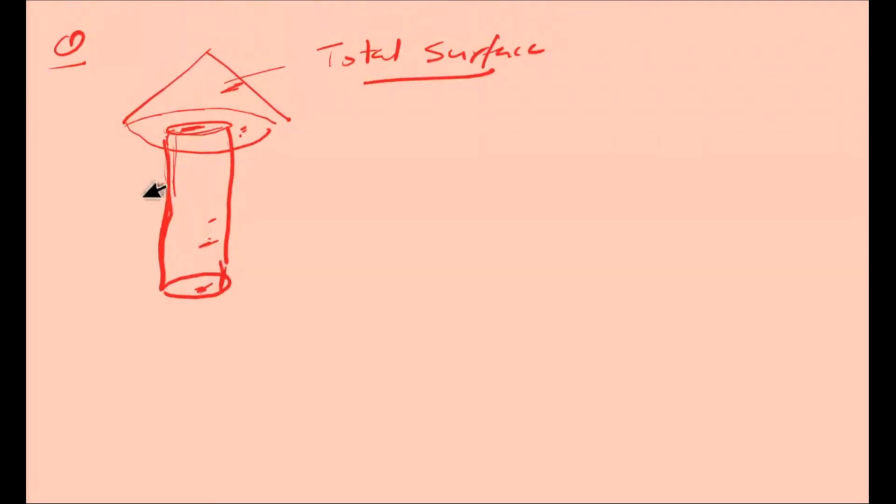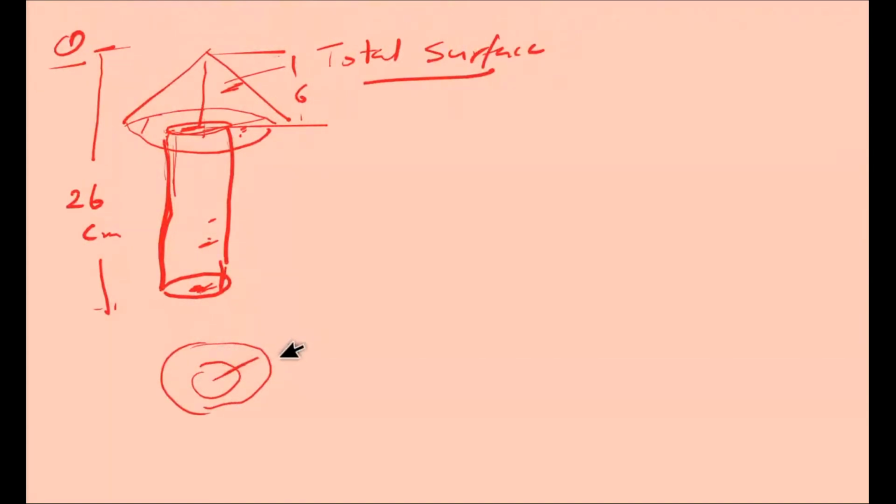Now if the values are given, what are the values given? Let, for example, the values are given here. Total height is 26 centimeter. Okay, and this height is given, let it be 6 centimeter. Okay, and now this ring, this inside radius, this outside radius, and this ring is given this way.